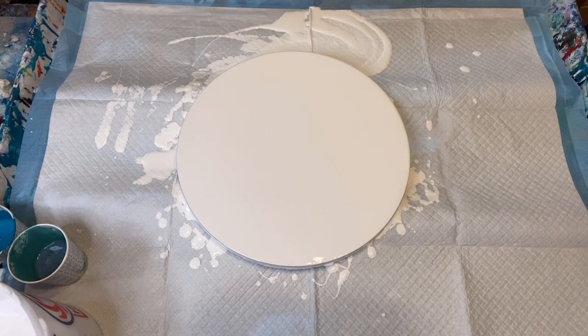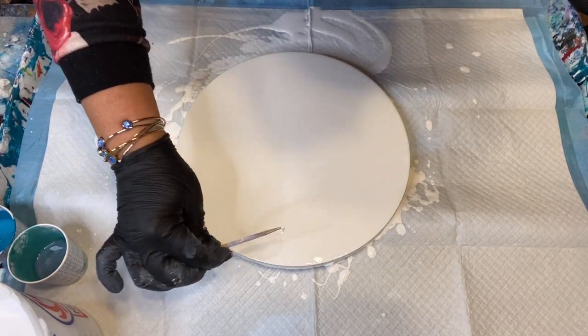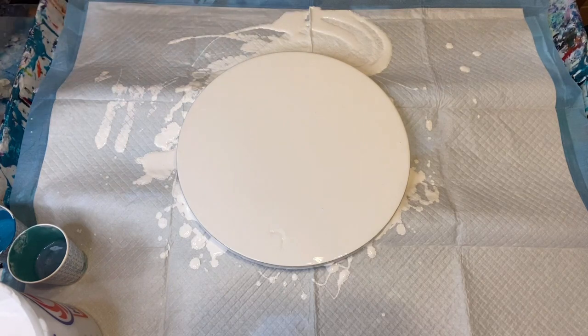I have a 12-inch MDF round, and I see something in my paint, so let me grab a stick. Yeah, big lump. All right, so I have my white paint down. All my paints are mixed with Floetrol and water, and today I'm going to be using